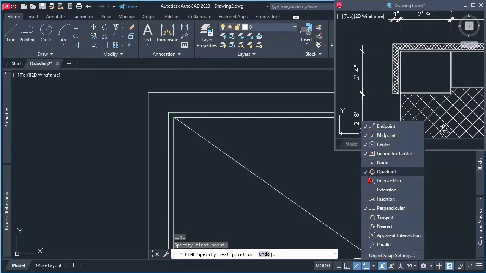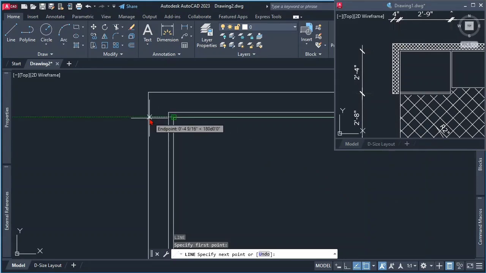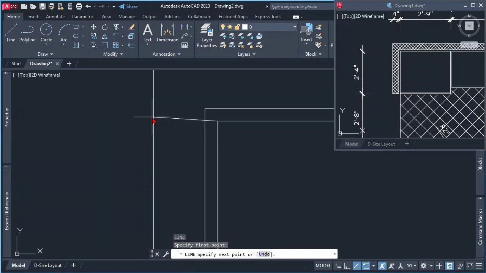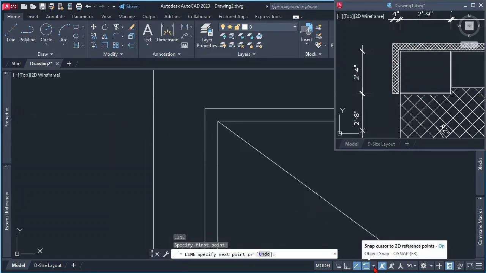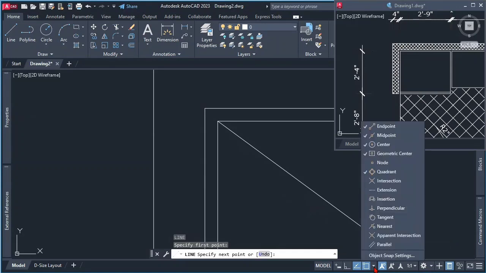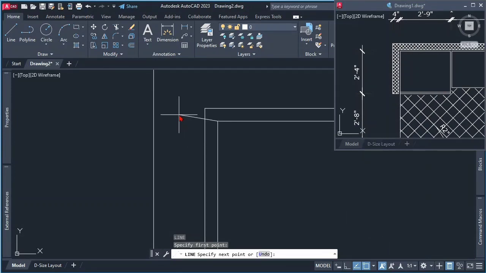So the one that I was talking about is this perpendicular. If this is unchecked, you can see that I cannot snap on this other line precisely. So that's why we need to activate it by clicking again here on the triangle and checking the perpendicular precision settings. Once I do that, I can click over here, and then to finish my line, I can simply press